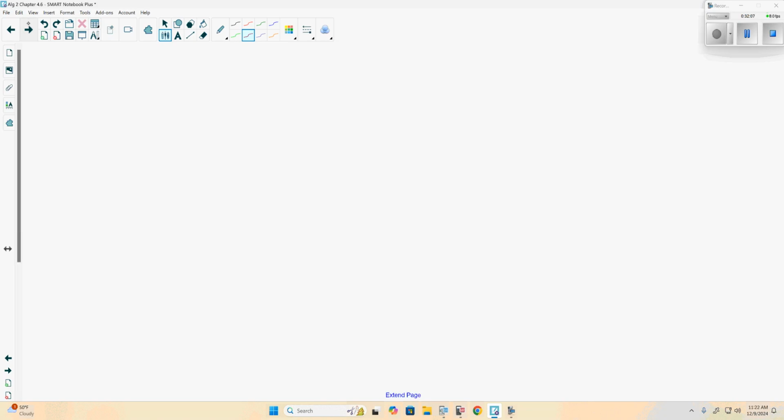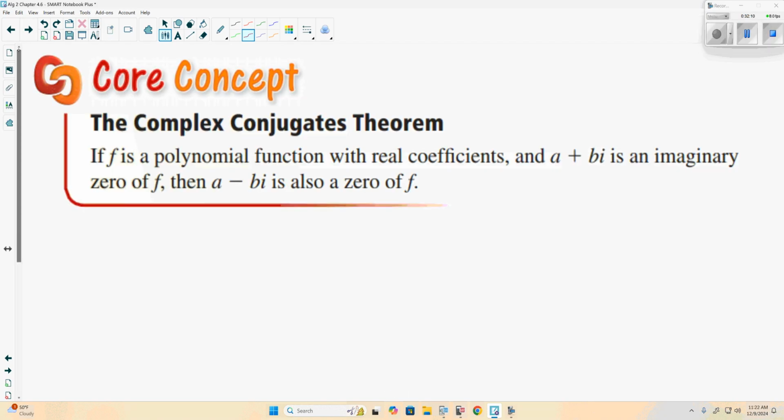All right. The next theorem that we have is the complex conjugate theorem. All this is saying is that if a plus bi is a solution, as we just saw, 1 plus i square root of 3 is a solution, 1 minus i square root of 3 is also a solution. If we have one, we have to have the other. All complex solutions, all solutions with i, come in pairs, just like our radical, our irrational solutions. If we have one, we have to have the other. And we're going to finish this